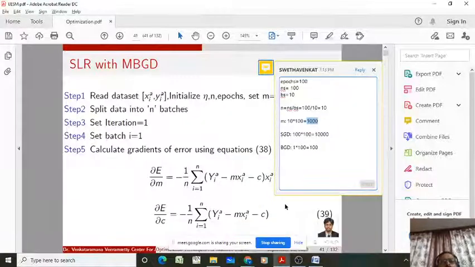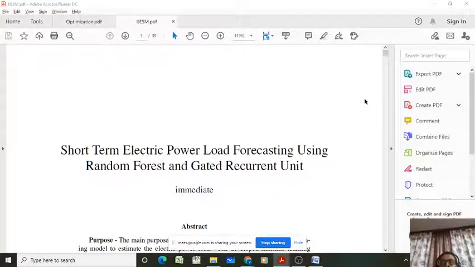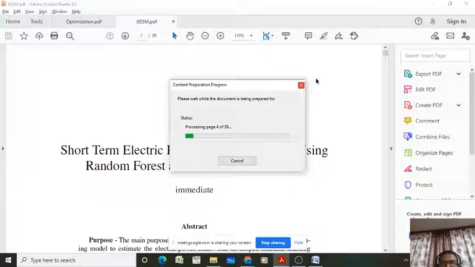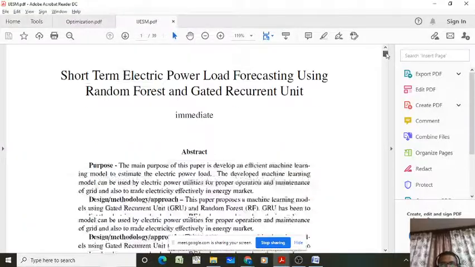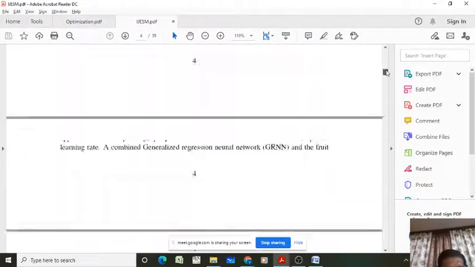So if you train a model, then it's better to choose different batches.